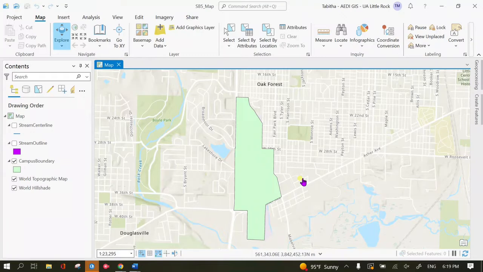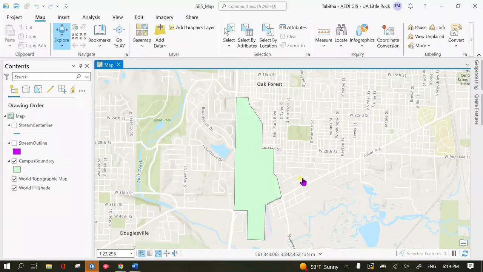First, you are going to use ArcPro to learn how to use the Select by Location tool. Then you will export the selected data to a new feature class and share that data to your ArcGIS Online account. For the second part of Skill Builder 5, you are going to be using ArcGIS Online, specifically the Web